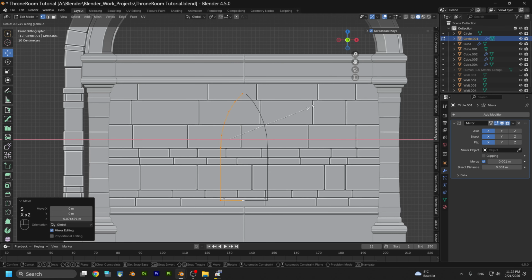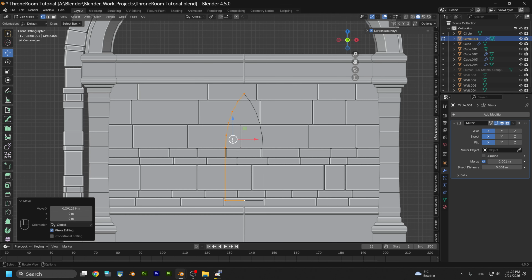And let's S and X. Yeah, I think now it's okay. I like this shape, so let's apply